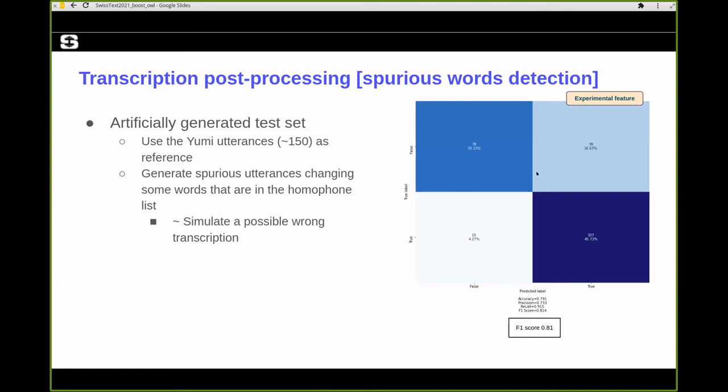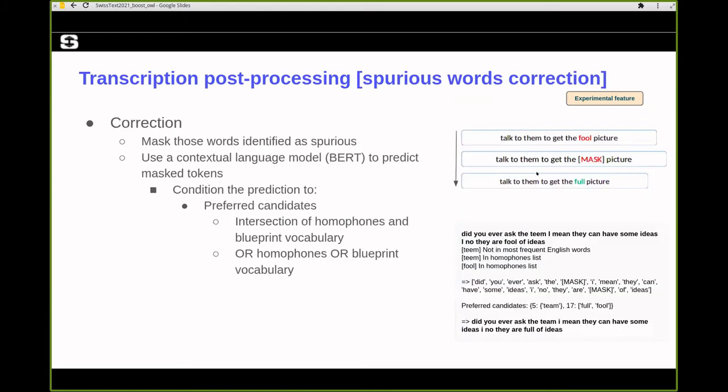How good is the detection? In a very small data set that was artificially generated, we are getting an F1 score of 0.8. Then we try to correct them following a very simple strategy. We mask those words that were identified as spurious, and then we pass that masked sentence to BERT, and